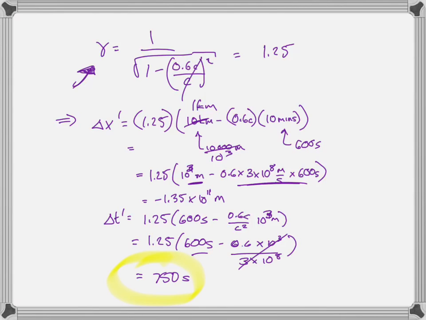This is real time. This is what the alien will actually measure if the alien has the exact same watch as me. It won't be apparent, it's real. That's how much time has gone by. The alien has aged more than I have while I'm walking that 1 kilometer. I've aged 600 seconds. The alien has aged 750 seconds. It's biological aging. And I measure the shortest time, again, because I am present at both events. The person who's watching from afar, who's not present at both events, is going to measure a longer time than the person present at both events. That's just a result that comes later on.